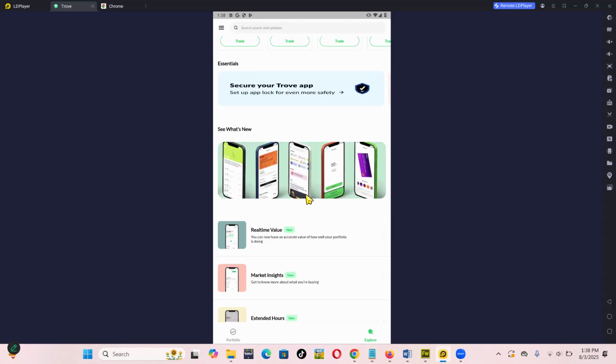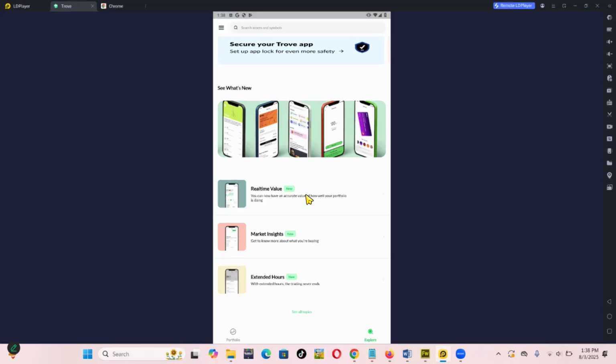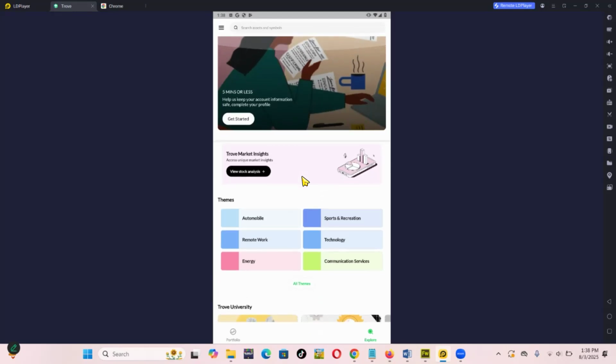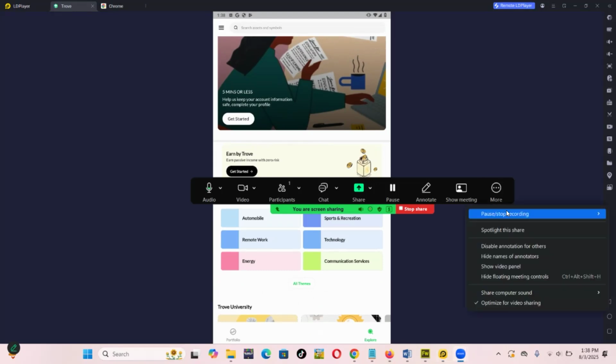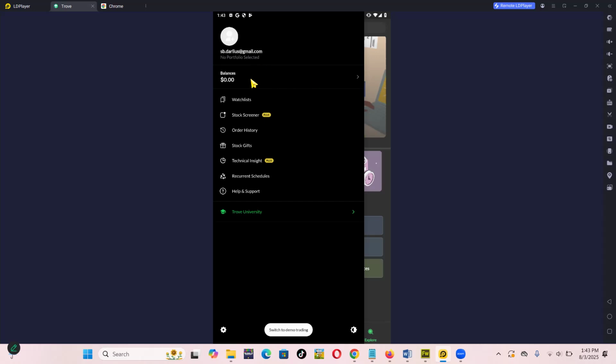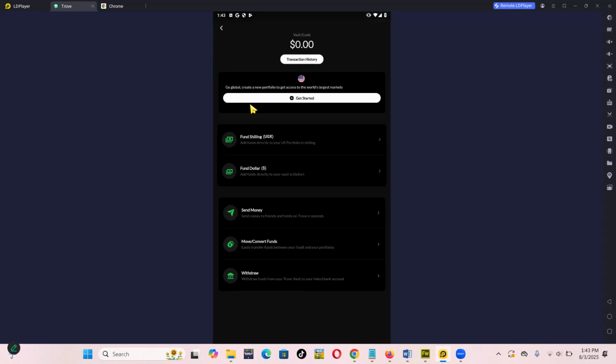So we're going to look at the reviews, we're going to look at the features of this app, and we're going to see if it's worth it to invest in this app. Most of the things in this app, you will access via the menu where there is balances. When you click there, you can actually find